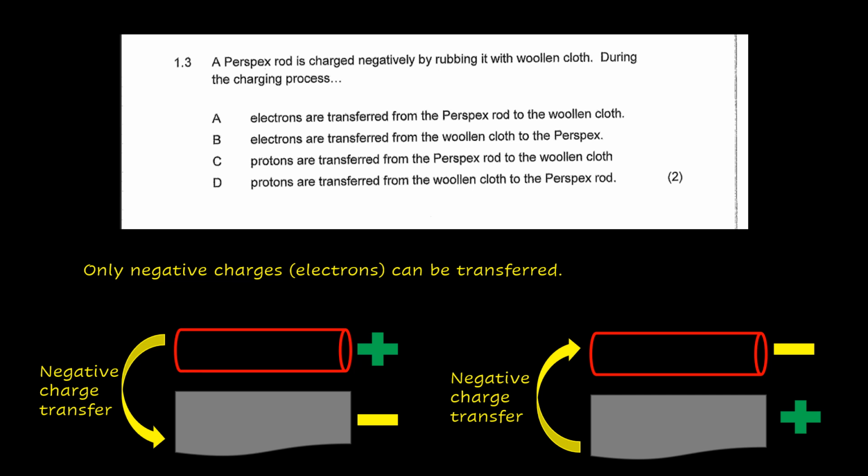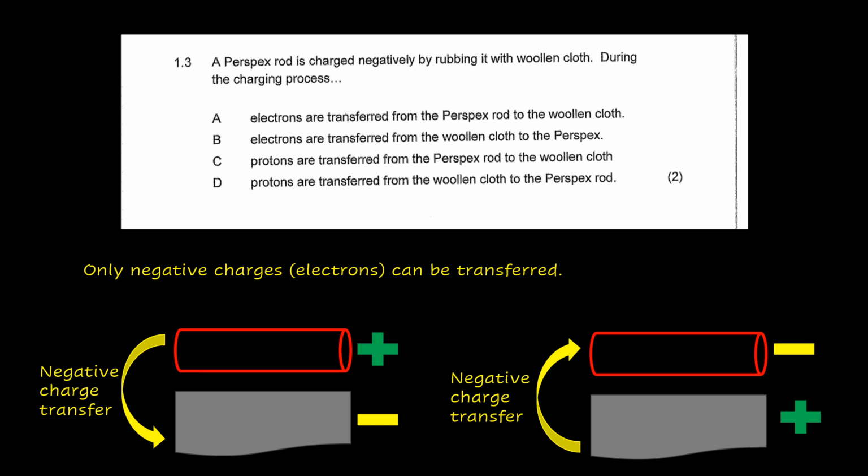Which situation has happened? The first situation or the second situation? Did the charge move from the perspex rod to the woolen cloth, or from the woolen cloth to the perspex rod? The second situation happened because we are told that a perspex rod became negatively charged, meaning it gained electrons,